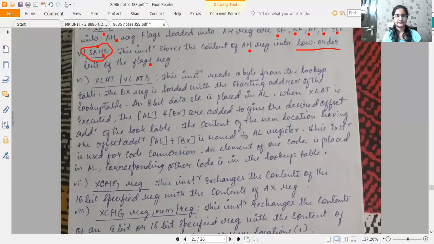For example, I give the specification for the table as gender. Then that lookup table will be inspected only for female and male, F and M. If anything else is input, then it will not accept it or it will discard it. So the content of the lookup table will be examined for female or male.